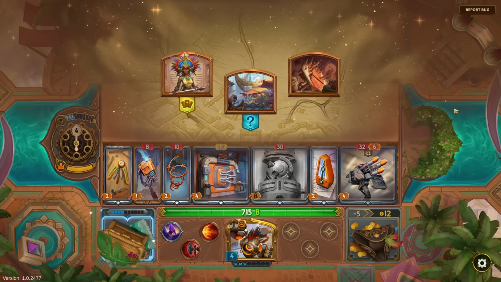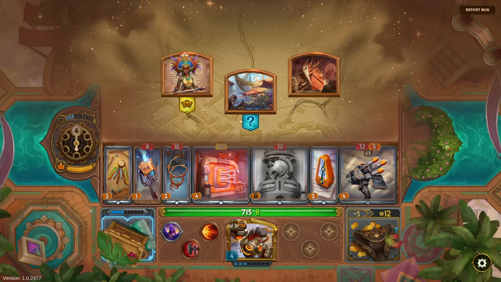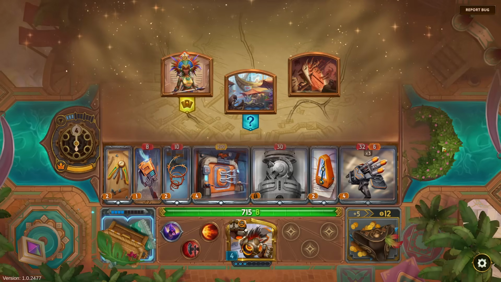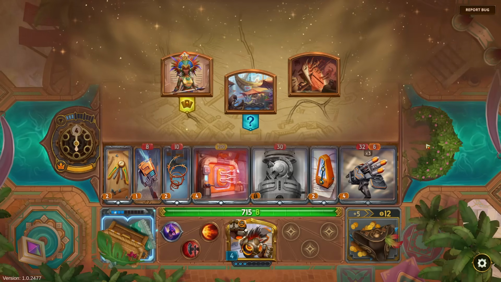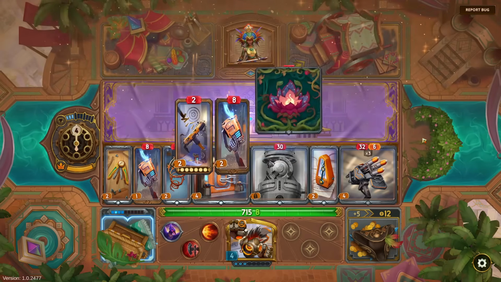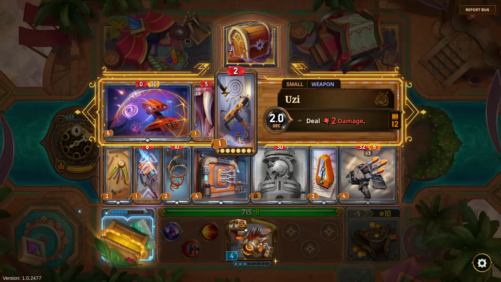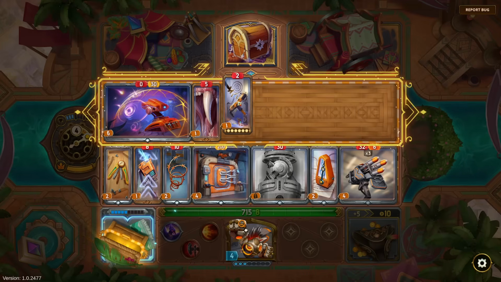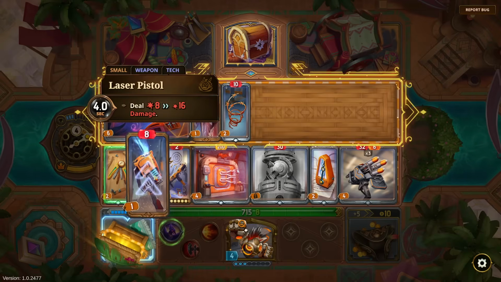Oh, I mean, I do care about weapons. Do I care about weapons? Uzi. I care about Uzi a lot. Uzi: 2 seconds to fire. Only has 12 ammo, but ideally you finish the fight before it runs out of ammo. And of course, it is charging up the weaponized core. Literally twice as fast as